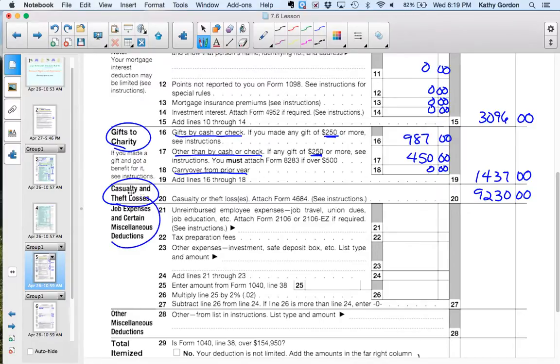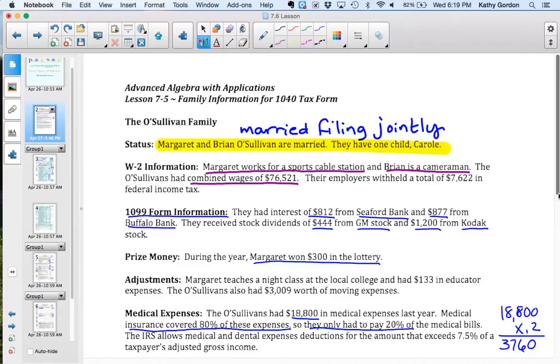And then we have the category where if you are making certain expenditures because of your job, you can deduct some of those. So in line 21, it says unreimbursed employee expenses. Things like travel, union dues, any education having to do with your job, all of that gets combined for line 21. So when we look at our explanation here,